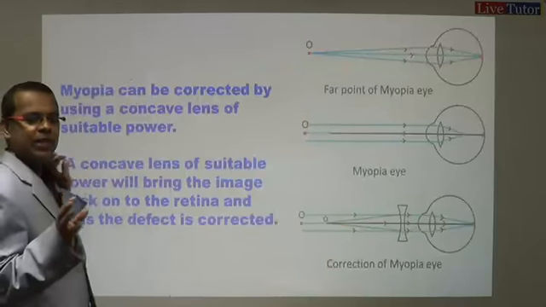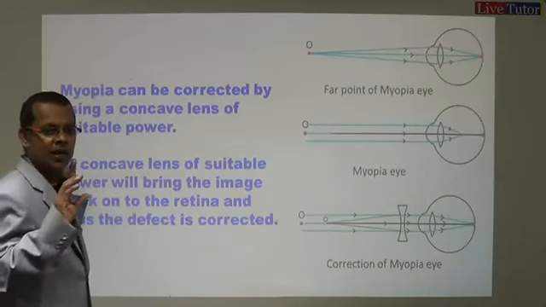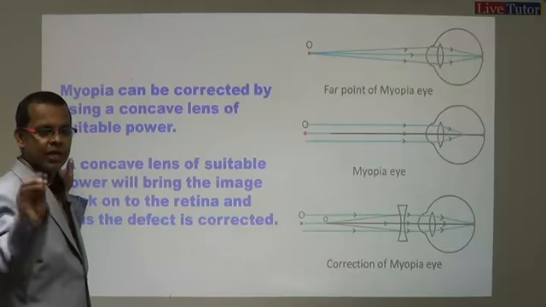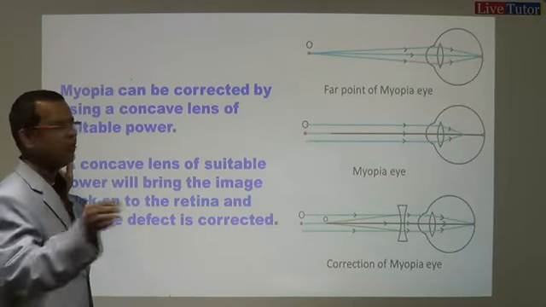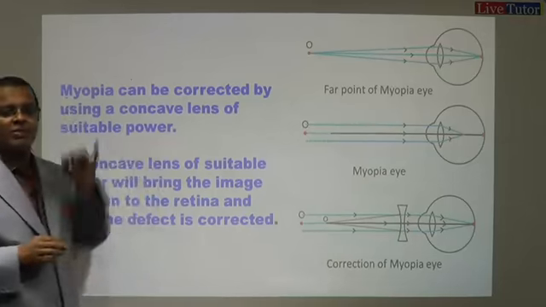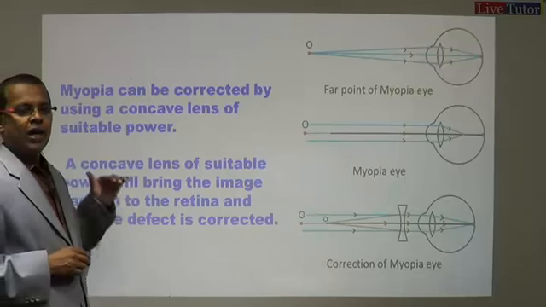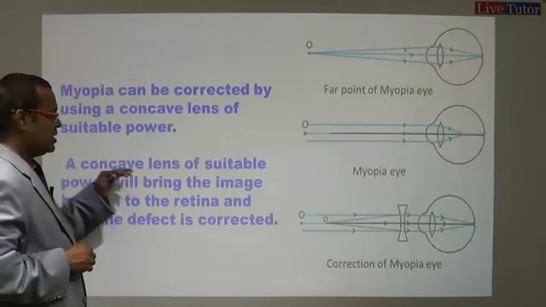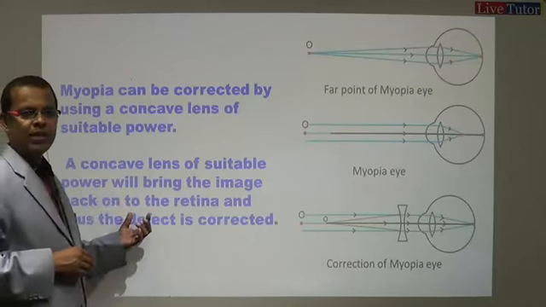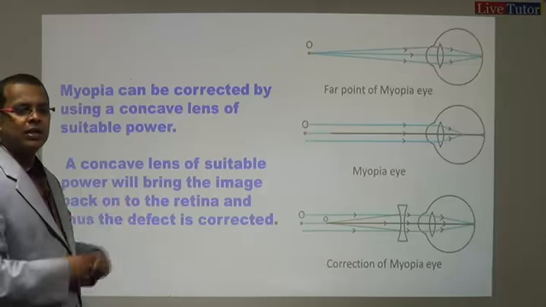So to make the image fall on the retina properly, what do we have to do? We have to correct it by wearing a concave lens of suitable power. So what will happen? A concave lens with a suitable power will bring the image back on the retina, so that